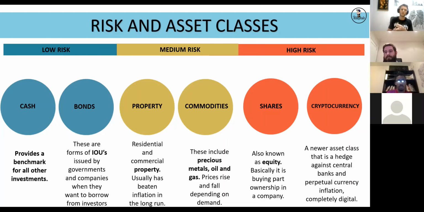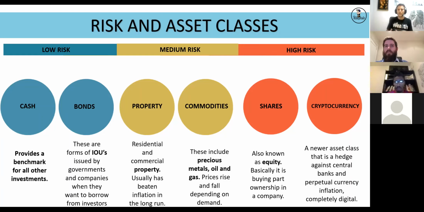So cash and bonds are IOUs. If a company wants to raise capital, you will give them your money. They will agree upon a set interest rate that you will receive. At maturity, you get your money back, and in that time, you've received interest. So those are usually the low risk assets that you can get involved in. And the closer you approach retirement, these are the asset classes you are most likely going to put your money into, or a higher percentage of your money.